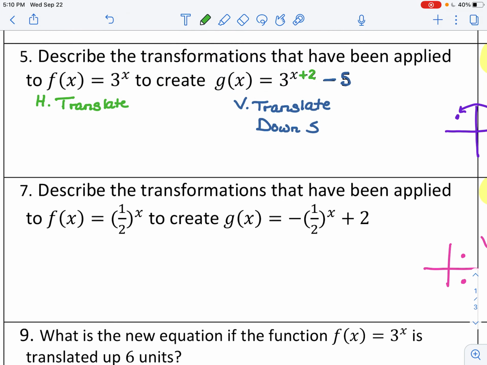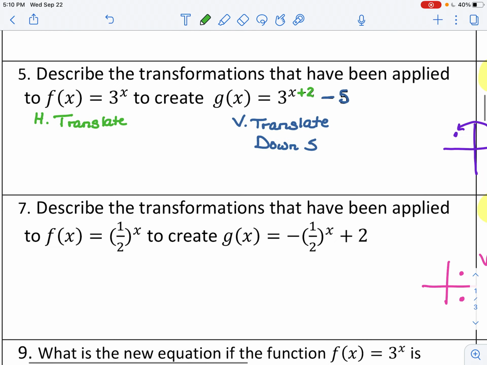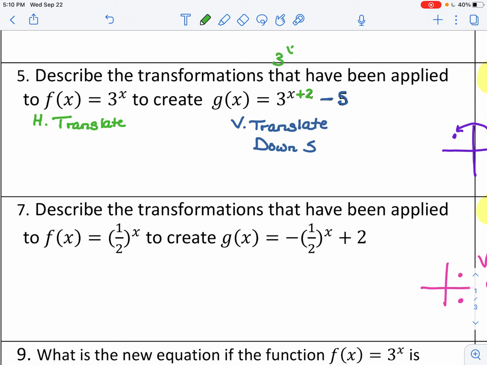The problem is the horizontal translation, because technically speaking, even though I see x plus 2, we always ask ourselves, what was subtracted from x? So it can't just be a positive 2, because it doesn't say x minus 2. It would have had to have been a -2, because 2 negatives would turn back to a positive. So when I see a plus 2 after the x, I know that it was actually a -2. I know that horizontal translation was 2 left. When you see a plus 2 for the x, it's not to the right, it's the reverse of what we think, it's left. So the 2 things that were applied here was a translation 2 units left and 5 units